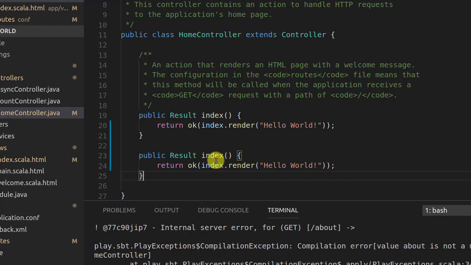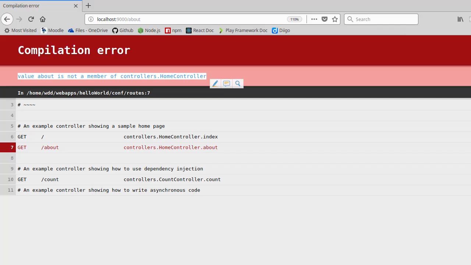Now, if I take that existing method and simply copy that, call about, and instead of index.render here, I'm just going to call about.render. I don't need this message here, so I'm just going to get rid of it. So about.render without the message, and save that file. We're going to try and run it again. This time around it should find the controller method,